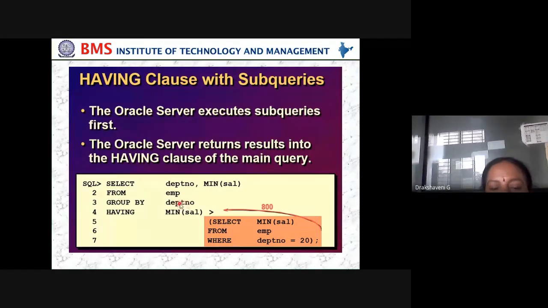Suppose we are 14, so 14 people will be combined in the group by, that is the MCA department. In the MCA department, who is getting less than 800? In BMSIT college, let us assume the minimum is 800. So in the MCA department, who is getting that 800 will be displayed here.